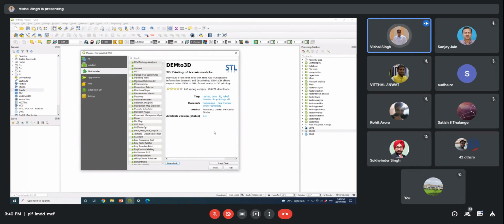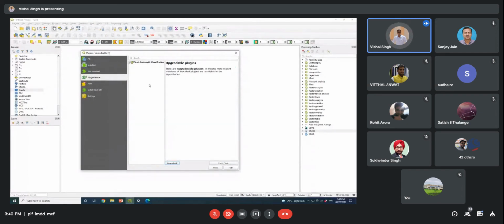If your system is connected to the internet, this plugin can be installed directly by clicking Install Plugin. Whatever tool you need, you can install here, and you can also uninstall plugins. Then there is Upgradable. Suppose you have already installed a plugin, but an updated version is also available, and you might not be able to use the latest functionality in the previously installed plugin.